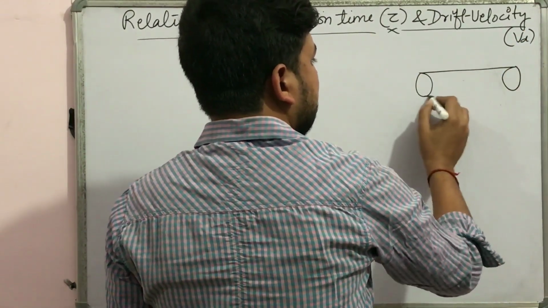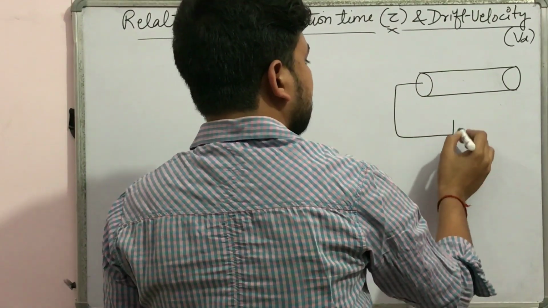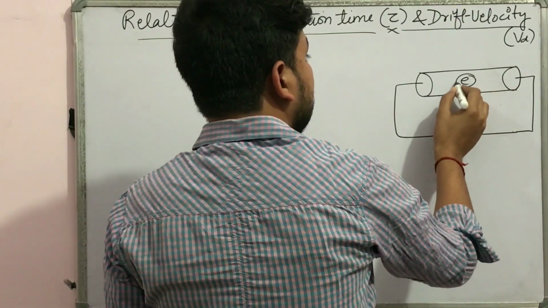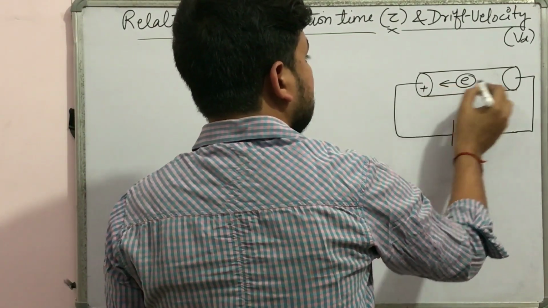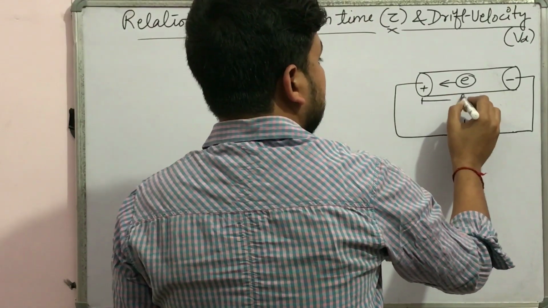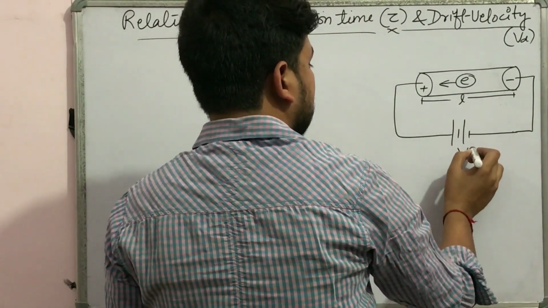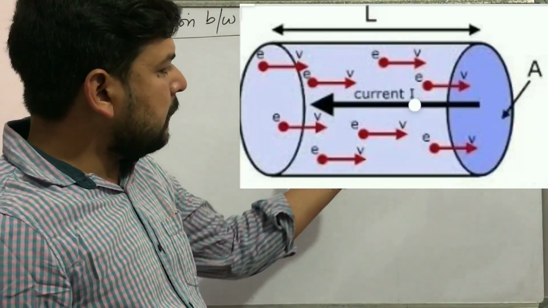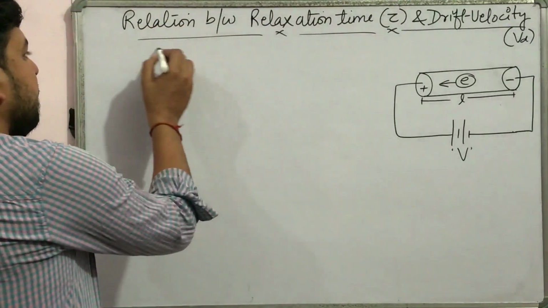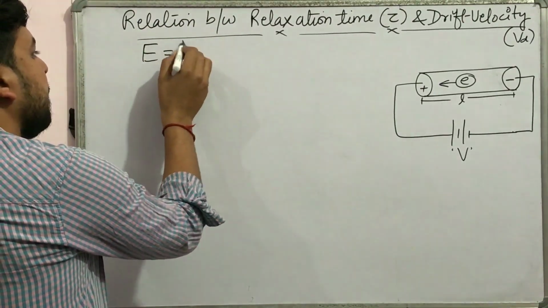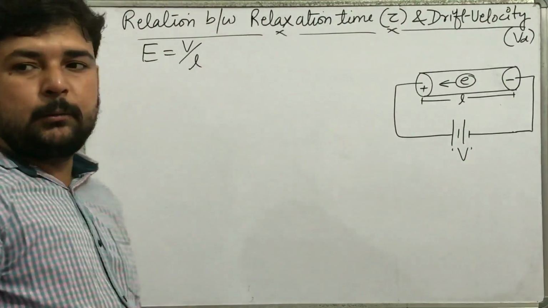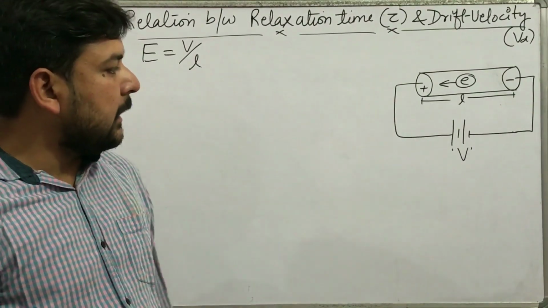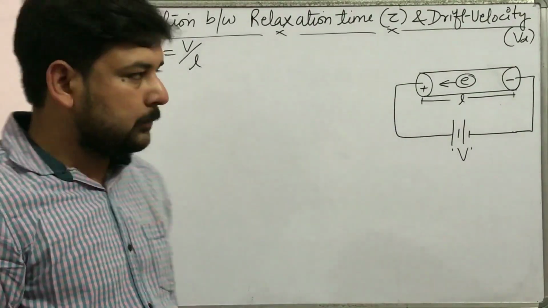So we have just taken the example of this conductor in which, when the potential difference was applied, the electrons drifted. They move in this direction. Its length will be L, and here the potential V is applied. So when potential V is applied, the electric field E is introduced. That is, electric field is potential per unit length. That is the electric field that will be developed inside the conductor on applying the potential difference V.